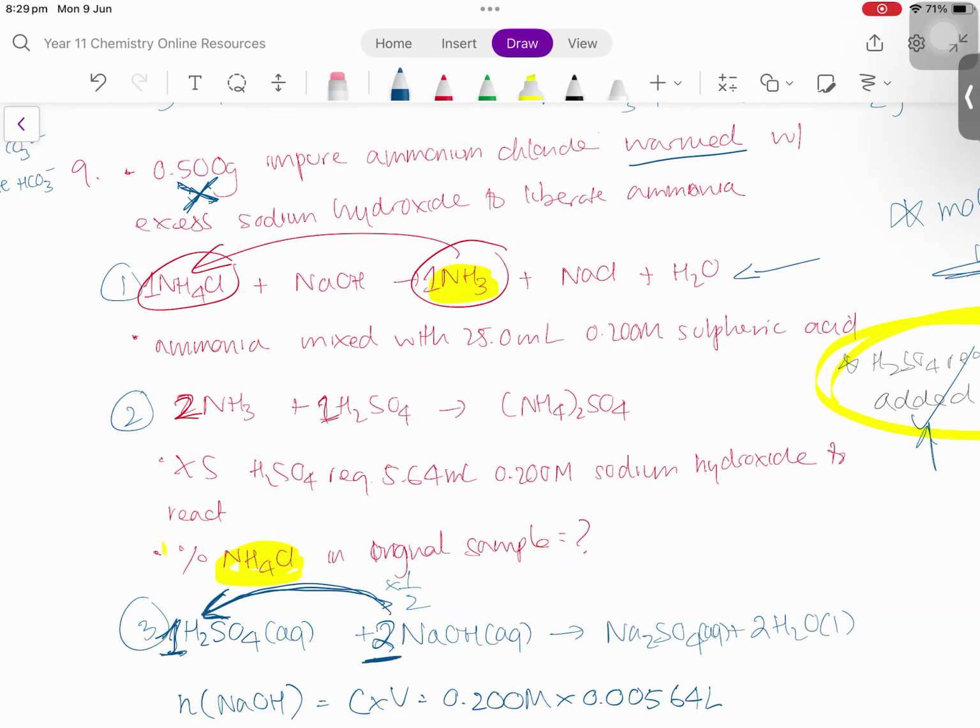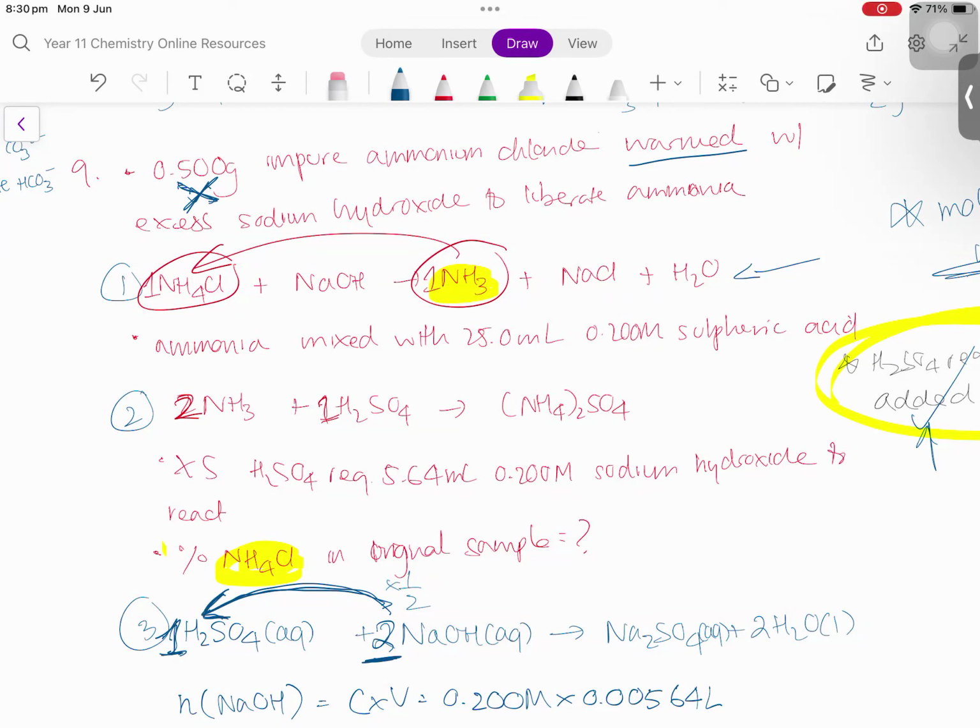So guys, the original sample, what did they tell you about the original sample? What piece of information did they tell you about the original sample? Because you want your NH4Cl, if you're going to do a percentage, it needs to be in the same units. They said it's impure, and it's 0.5 grams. Good. Guys, what they told you about the sample is that it's 0.5